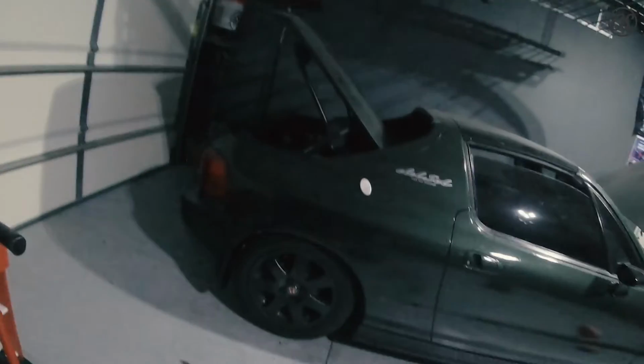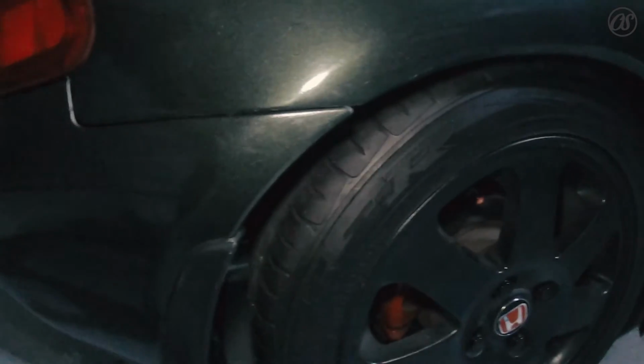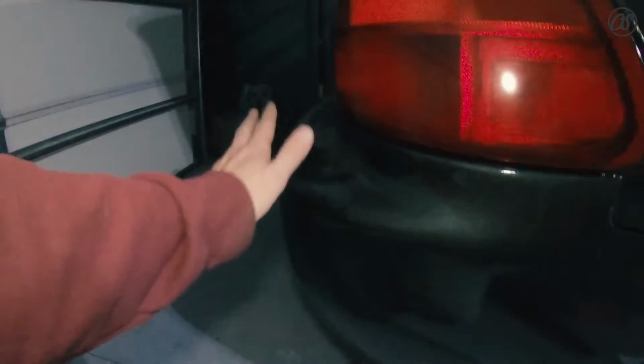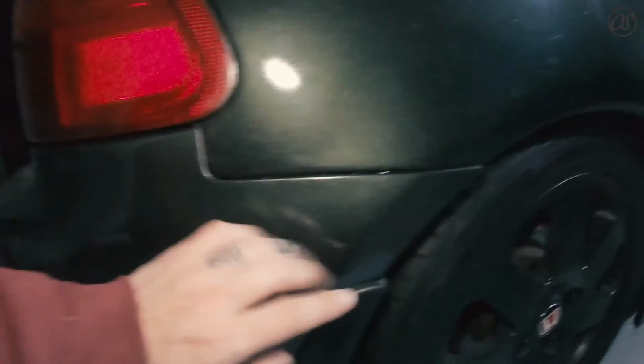All right, well, geez, I got them on. No more gaparoonies. The gaps are gone. This is just the hardware, the actual kit holding it on. I don't have any of this hooked back together again, but